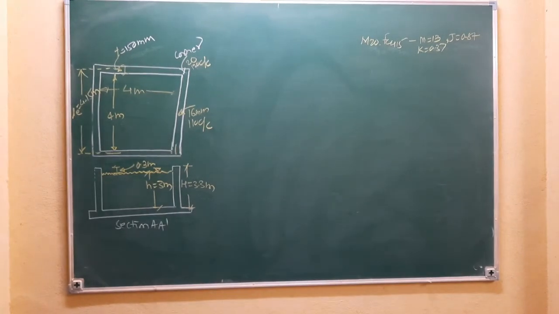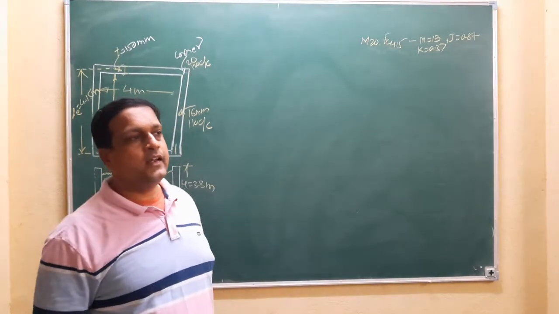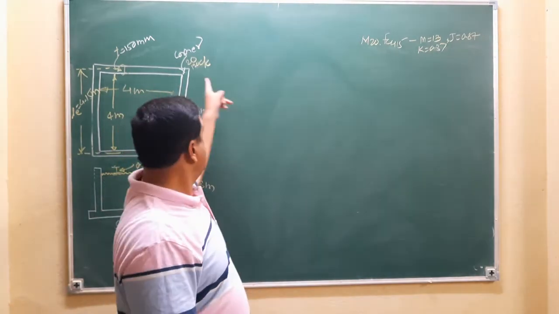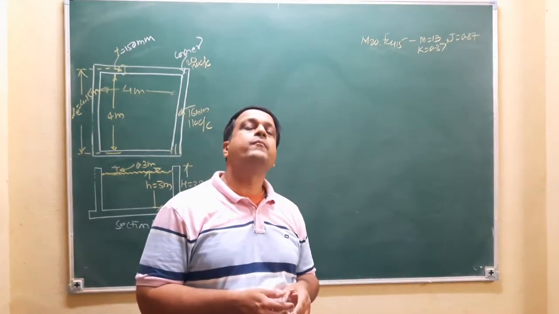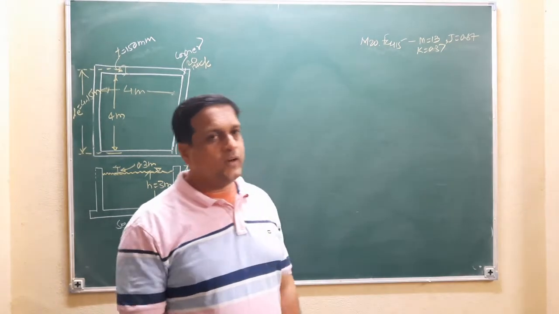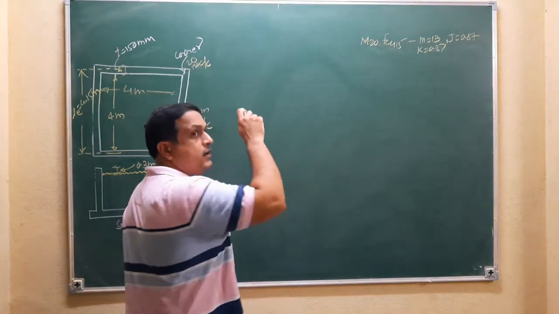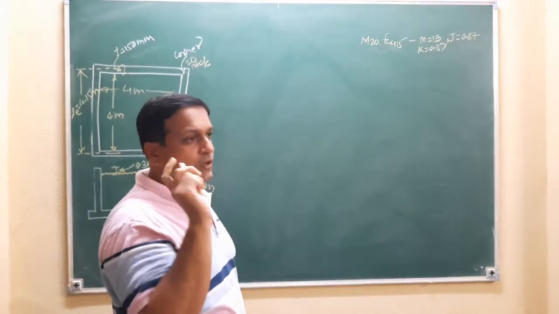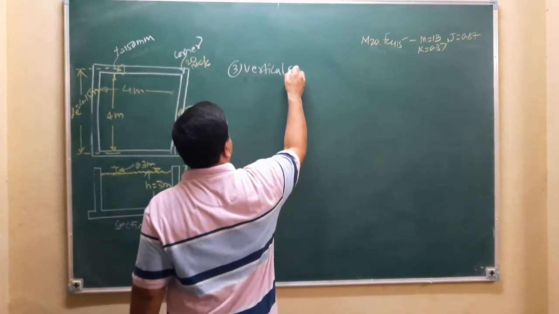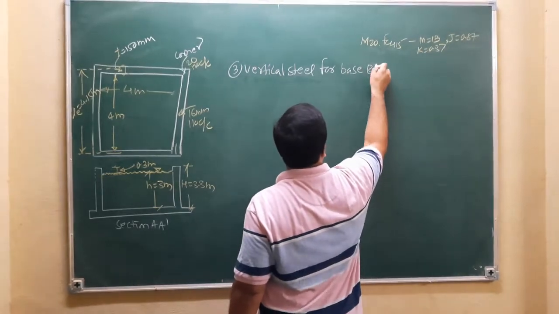Okay, so design of wall at mid and design of wall at corner we have already covered. Now what about the vertical steel? Because all this steel is horizontal steel for the lateral bending moment, the plan bending moment. Now how to provide the vertical steel? Vertical steel is provided for the base bending moment. So steps number 1 and 2 are covered. Now step number 3, vertical steel for the base bending moment.